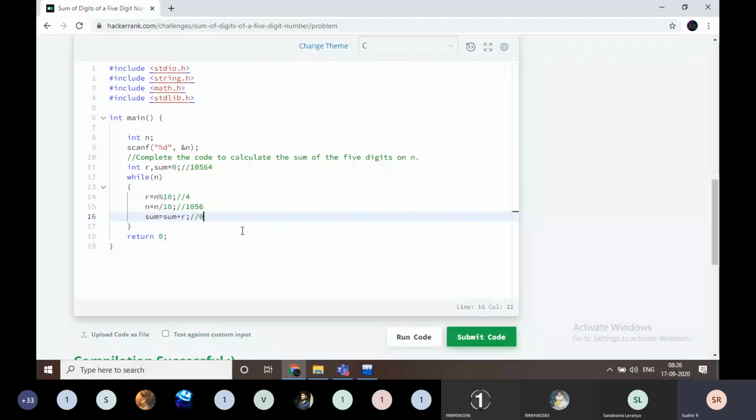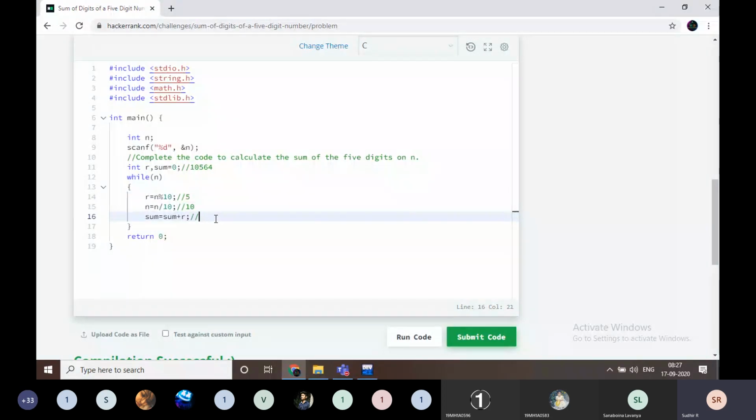Initially sum value is 0. 0 plus 4 is going to be 4 here. Then again it is rotating the loop, and R becomes 6 and n becomes 105. Now 4 plus 6, it becomes 10 here. Then again it is repeating, the remainder is 5.